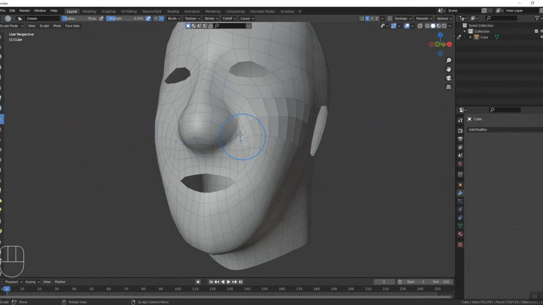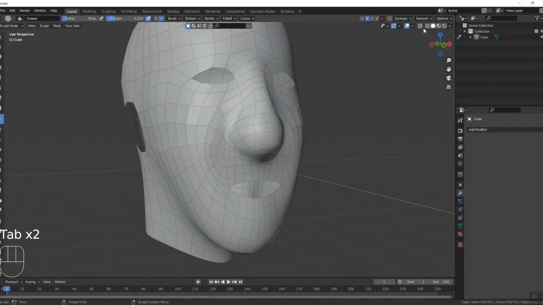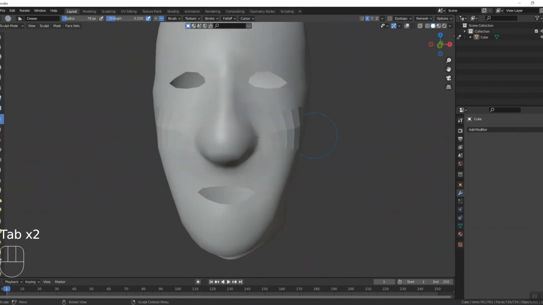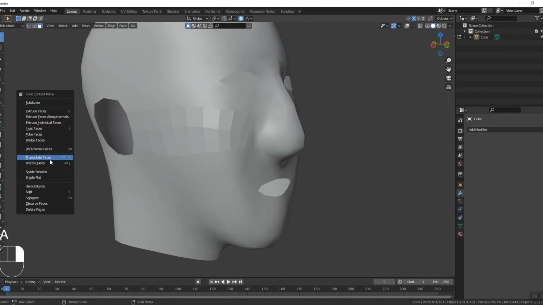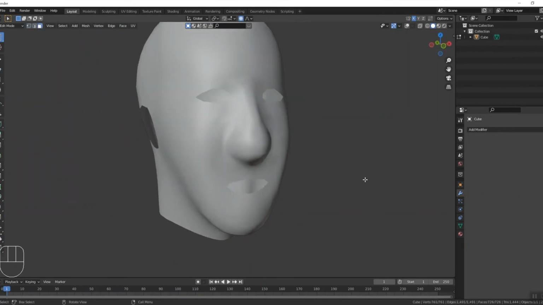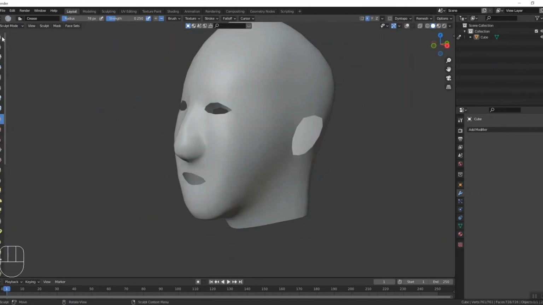So I'm using the crease tool here just to create some creases to make it look better. And if you remove this, right now I don't really know what happened here. I've probably forgotten to add some faces that are not shaded smooth. Yeah, like that. Good. So as you can see, this doesn't look good, but